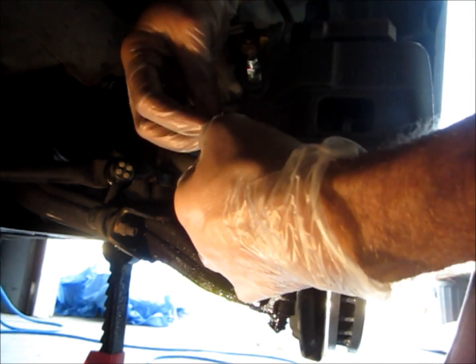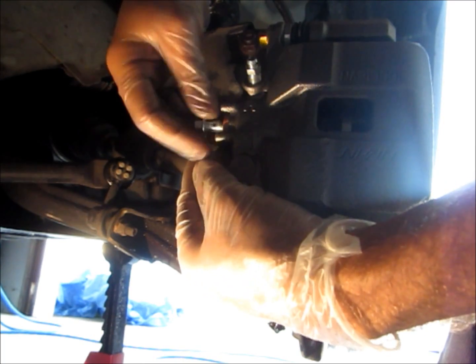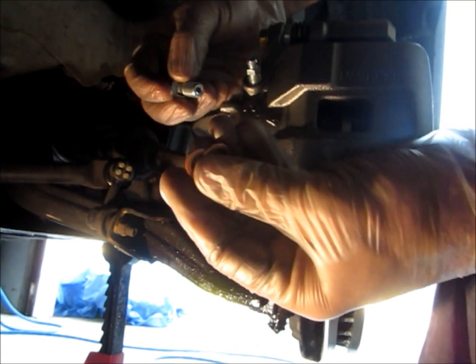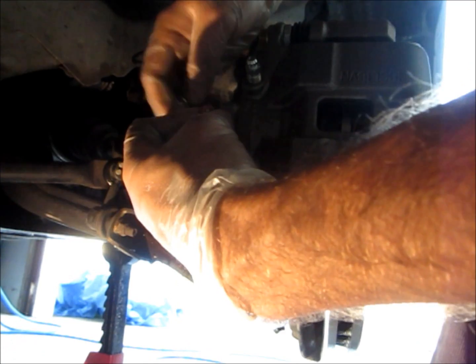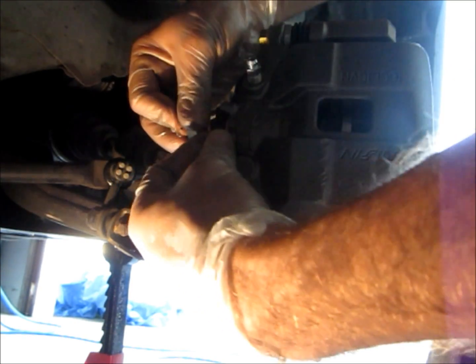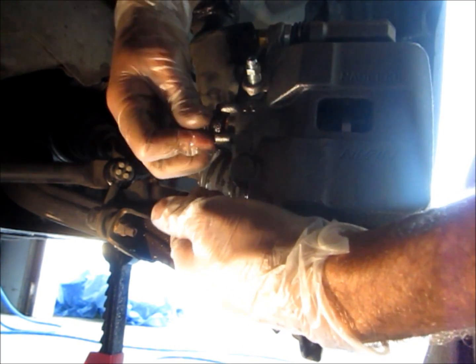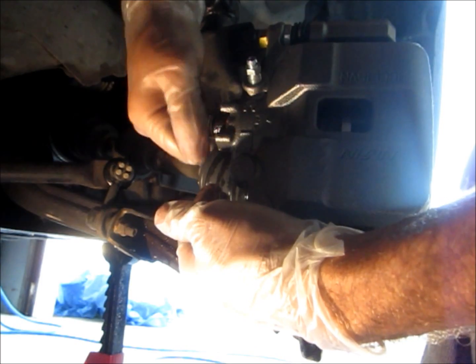Alright, so next what we're going to do is get our hose installed. And you're going to see that there's two bronze washers that come with the new caliper, and you want to put one on each side. Okay. Now